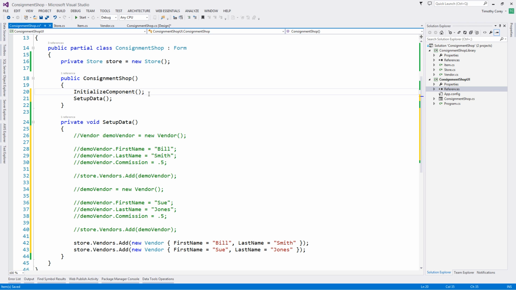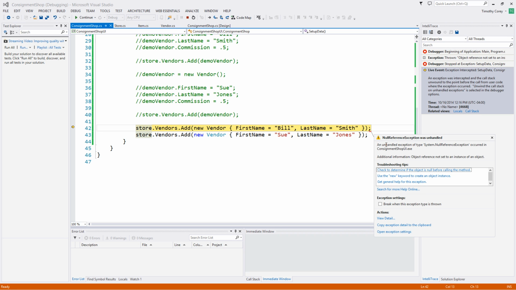So the next thing it's going to do is call this setUpData. And this is our temporary method that's going to create some dummy data for us. And the dummy data it creates right now is just 2 vendors added to our list of vendors in our store. And if we run this right now,